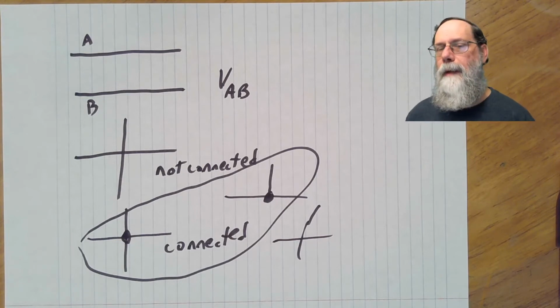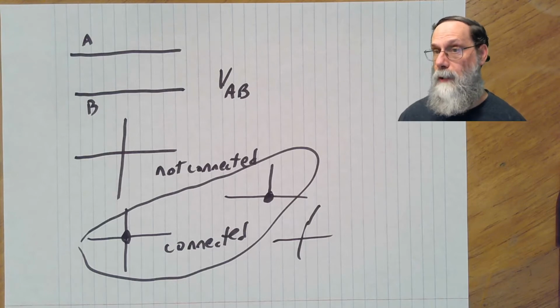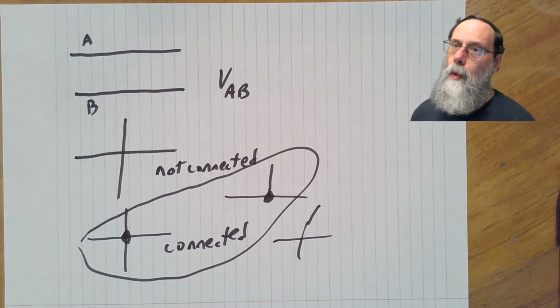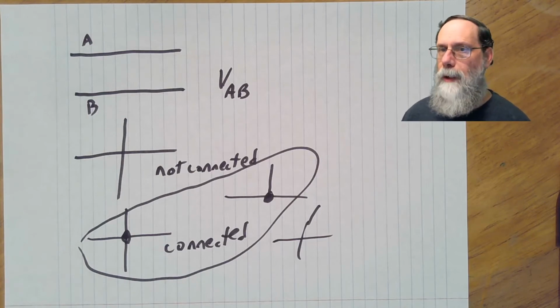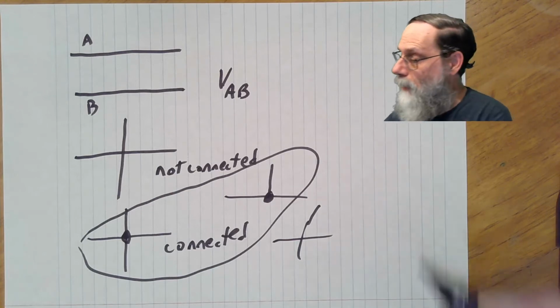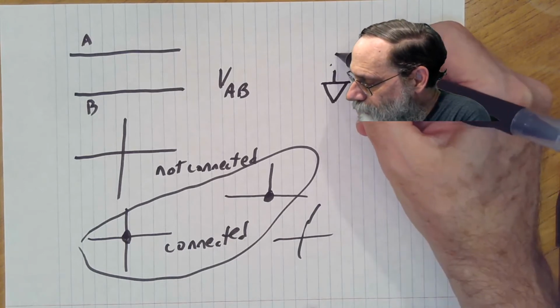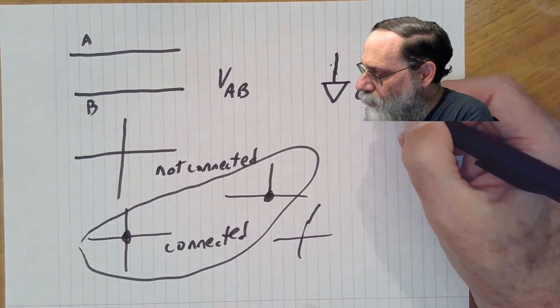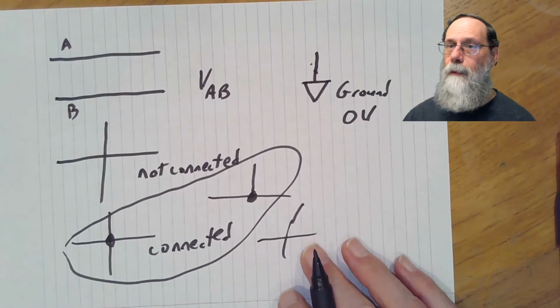Okay, we said that voltage is always a difference between two nodes. We said previously points in space, but in this class we're always going to be dealing with nodes on a circuit. What we often end up doing, however, is choosing one node out of our circuit and saying, let's call this point 0. So we draw that with a special symbol like this, and we call it ground. And by definition, ground is 0 volts.